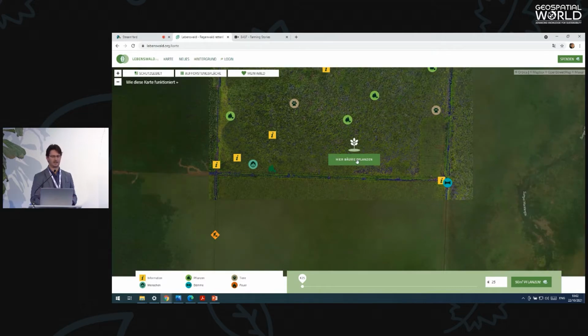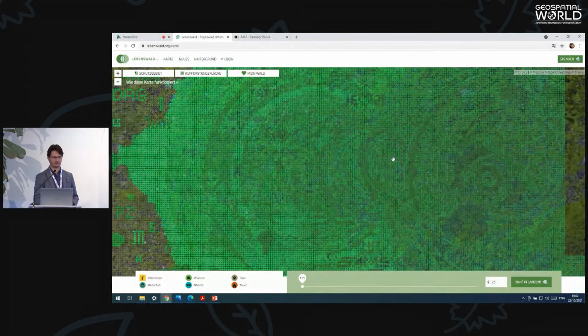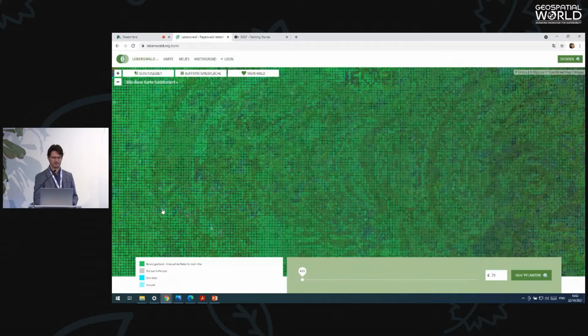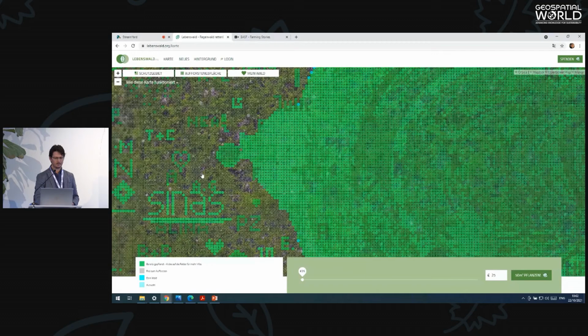And then they can decide whether or not they would like to donate. But then they can also personalize those donations. For example, they can click on each of these individual cells, select them, and start to reforest their own area.